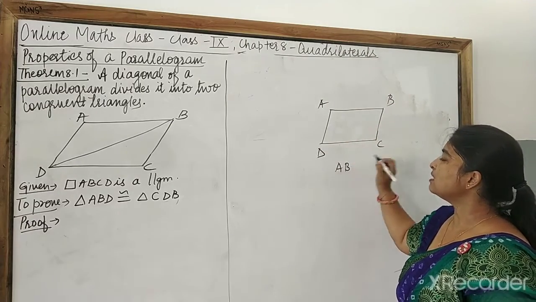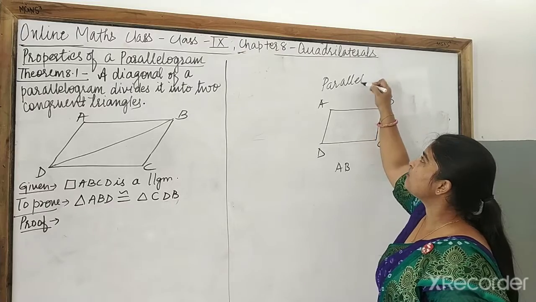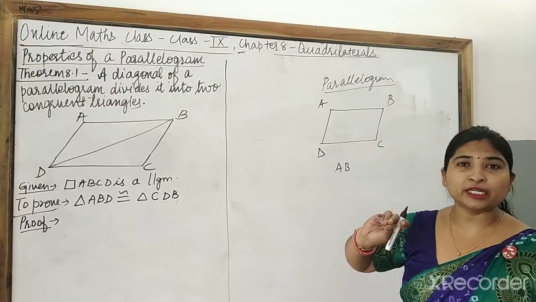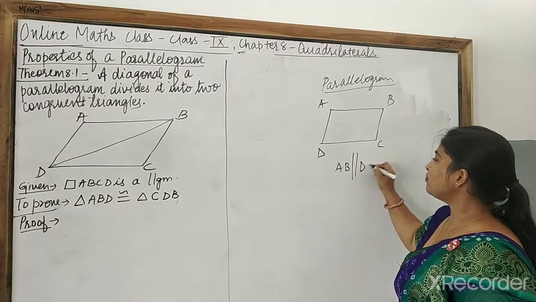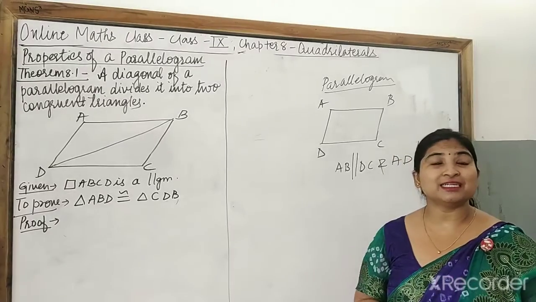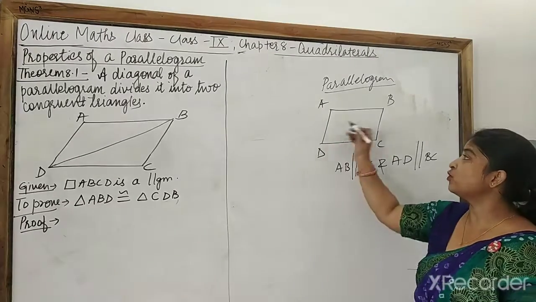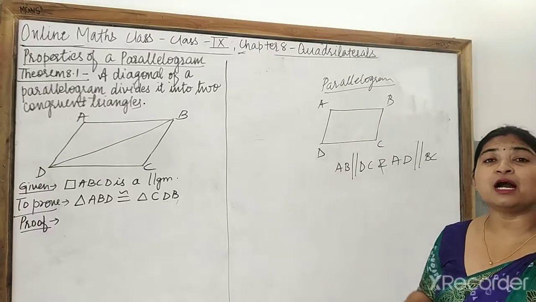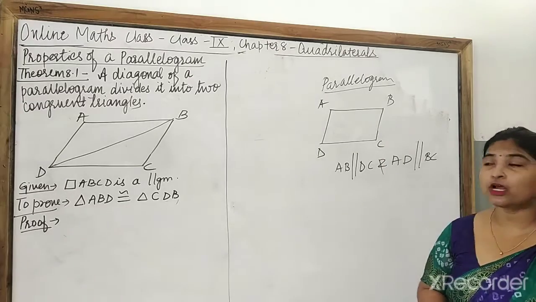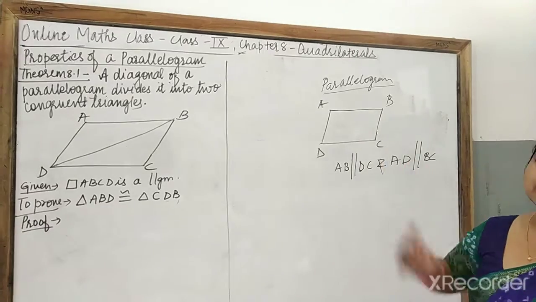Opposite sides are parallel means that if anybody asks you what is the definition or basic concept of a parallelogram, you just have to say one thing: a parallelogram is a type of quadrilateral in which both pairs of opposite sides are parallel. Then it will be a parallelogram. The rest of the other things, like opposite sides equal and opposite angles equal, are all the properties of a parallelogram. The definition of a parallelogram is that both pairs of opposite sides are parallel. That's it. With this concept only we will start.